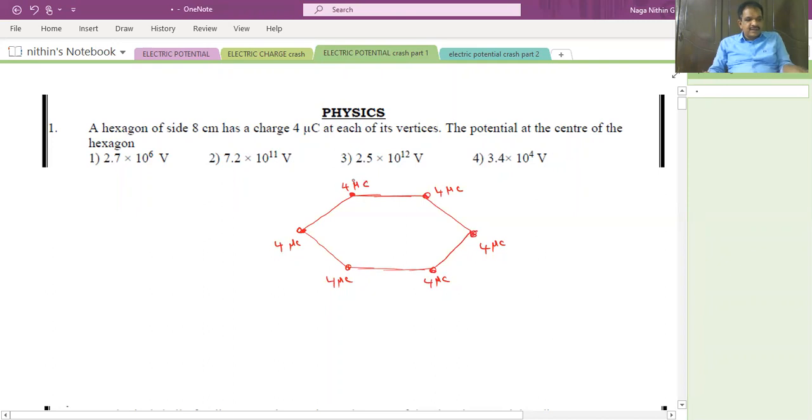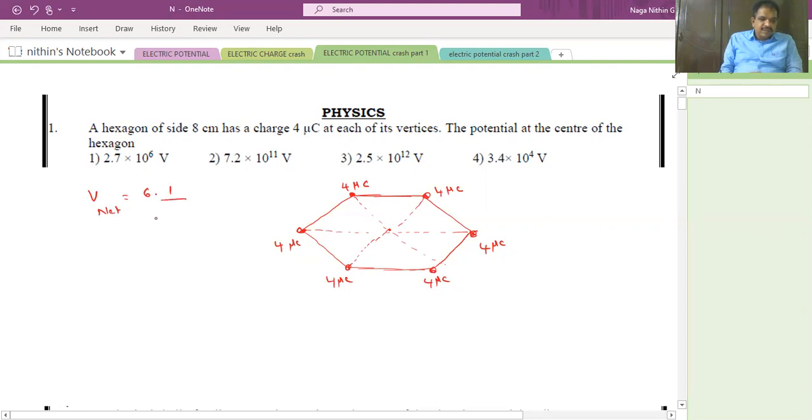Then what they are asking is, what is the electric potential at the center? This will be the center. The distance from each corner to the center will be equal to the side of the hexagon. So totally 6 charges are there. All are identical only. So V net value is equal to 6 times